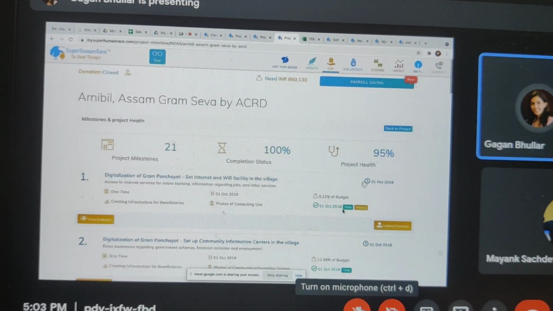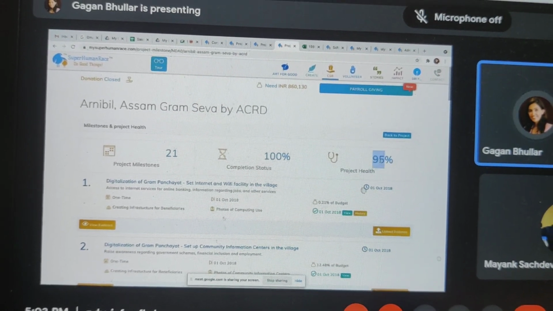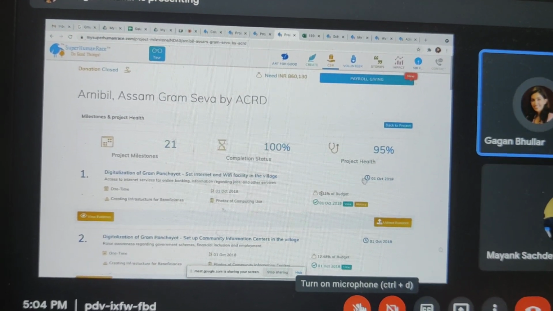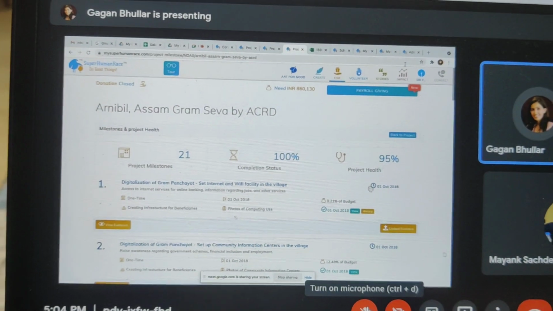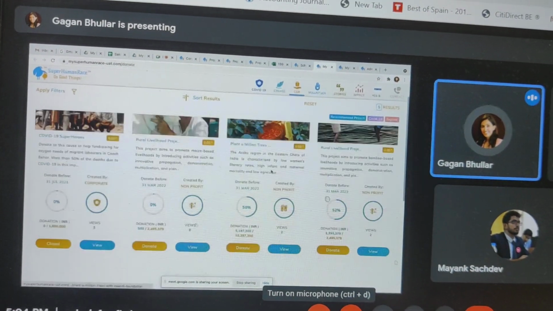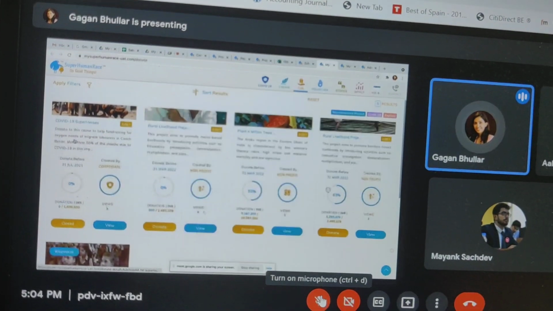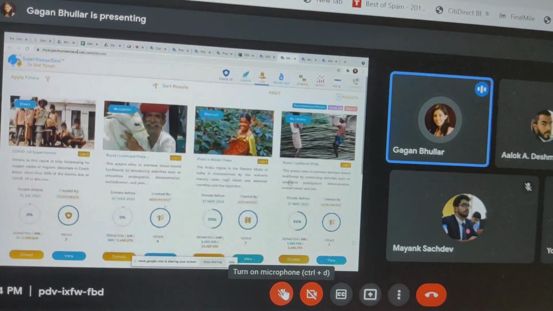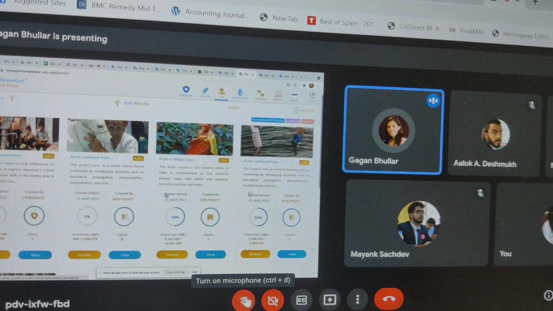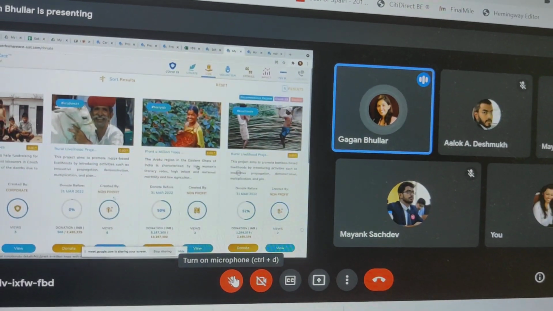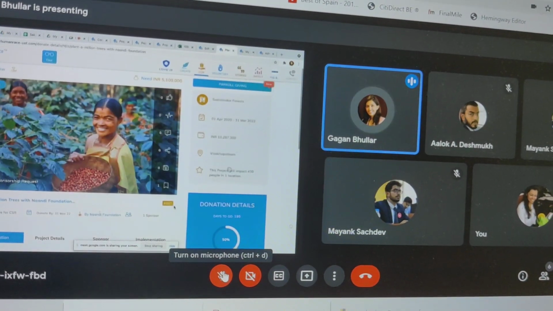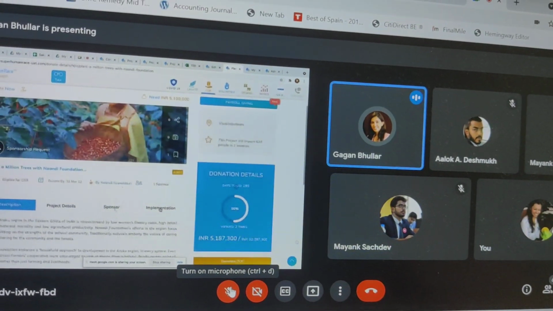Based on what percentage of milestones have been completed, the project health gets generated. Again, this is fully automated. So if evidence is missing and it is updated, I'll actually show that to you on our UAT dashboard. So this is actually our UAT instance where we are seeing a dummy account right now. This dummy account gets recycled. So there will be references to projects by various corporates here. So we have a few dummy accounts that we give for demos to partners and so on.